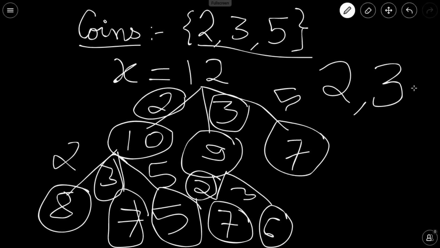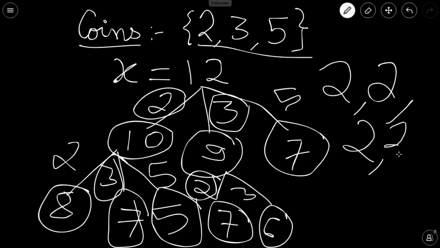But once you have used this coin 3, you cannot come back and use this coin 2. You always need to move in the ascending order, or you can say increasing order, in the order of the sorting. You have used a coin 2, then again you want to use this coin, and again you want to use this coin. Numbers may be equal, but if you have used a coin 3 here, it cannot be that after 3 you are again using 2. If you ensure this particular type of ordering, you will see that this tree will reduce to another tree where you will find only unique orderings, where each combination will be there. No other permutations of all those combinations would be present.